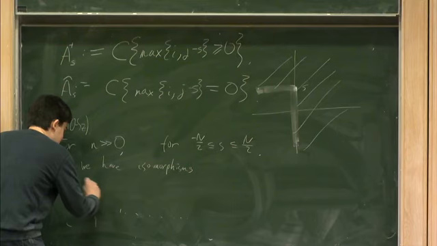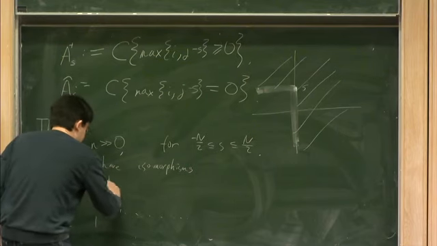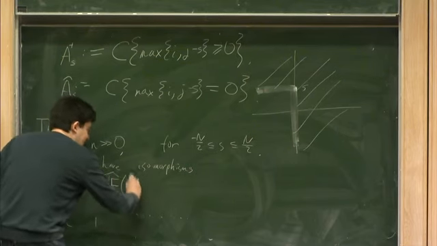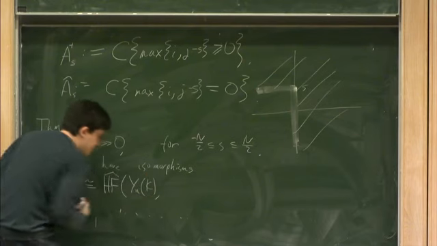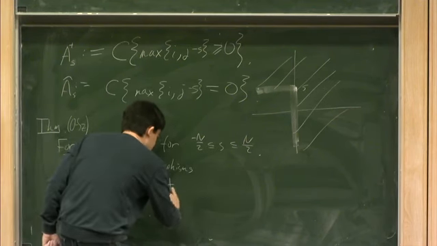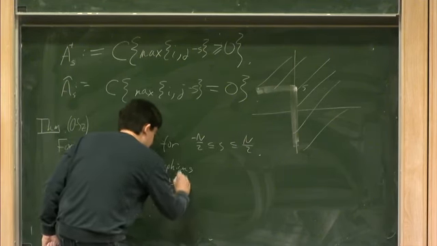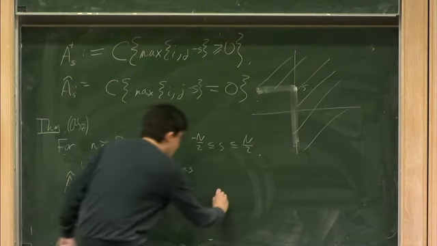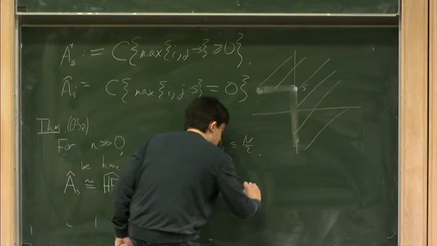A_S hat is isomorphic to HF hat of the surgery on K in the spin^c structure t_s. And similarly, A_S plus is isomorphic to